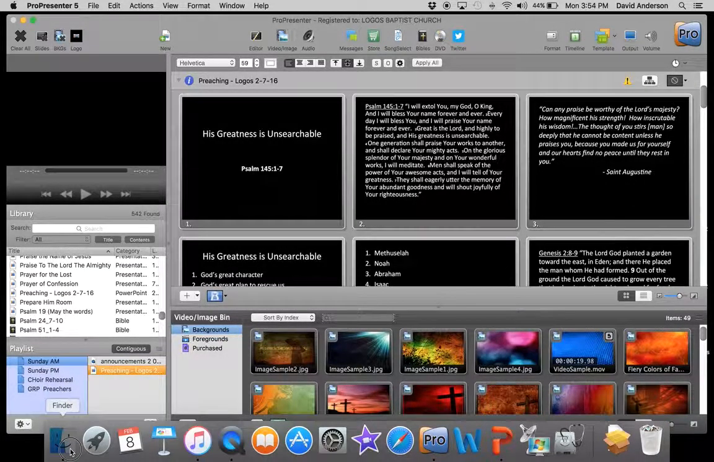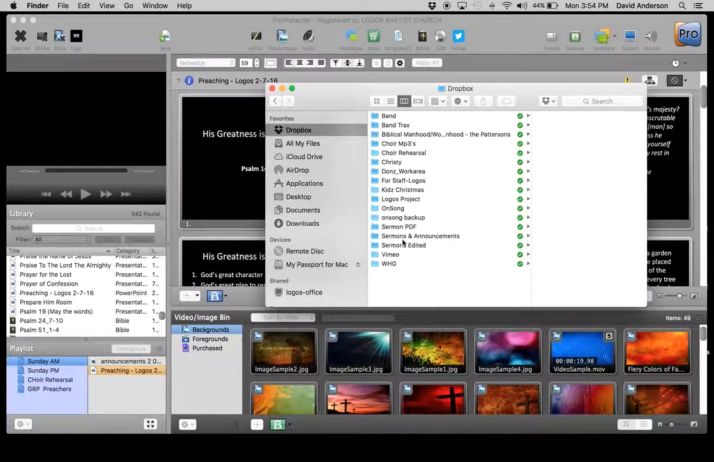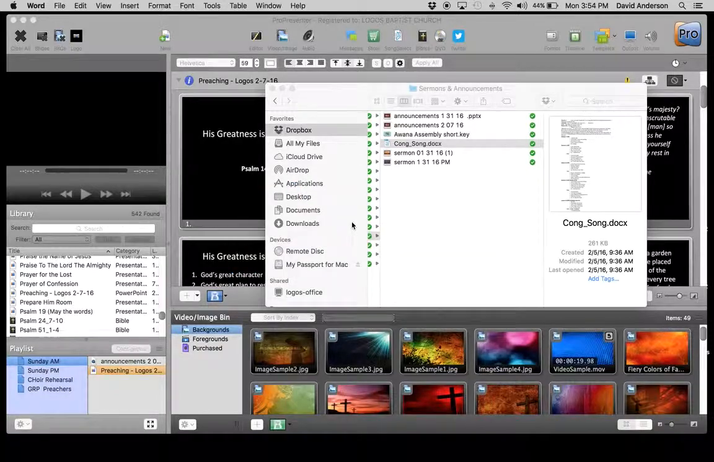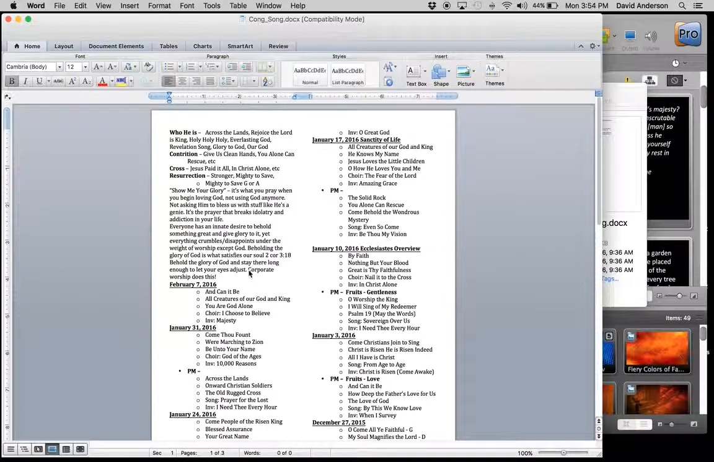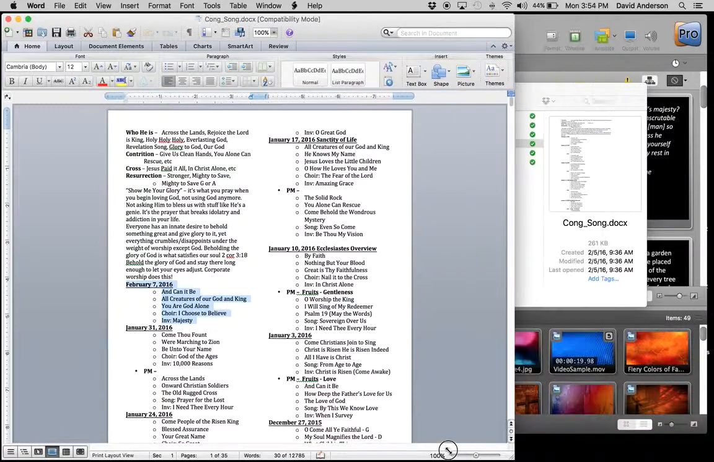And so now we're also going to go back to that same Dropbox folder, and under Sermons and Announcements, you're going to find this file called Cong Song, or Congregational Songs. When you open that up, you'll see here in Word that it has an outline of all the songs that we've sung. So here, February 7th, we're going to pretend like this is today. And you see the songs here: And Can It Be, All Creatures of Our God and King, You Are God Alone, I Choose to Believe, and Majesty. Alright, so what we're going to do is go back and